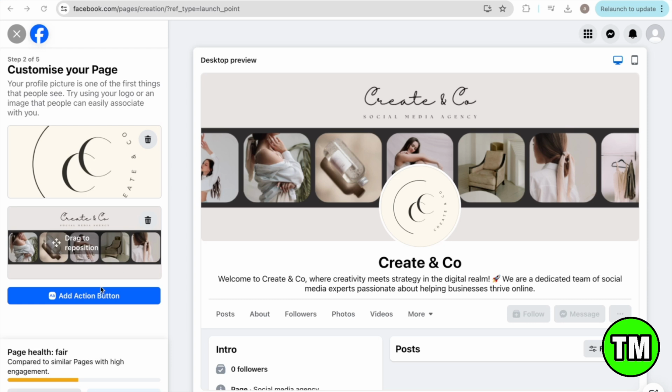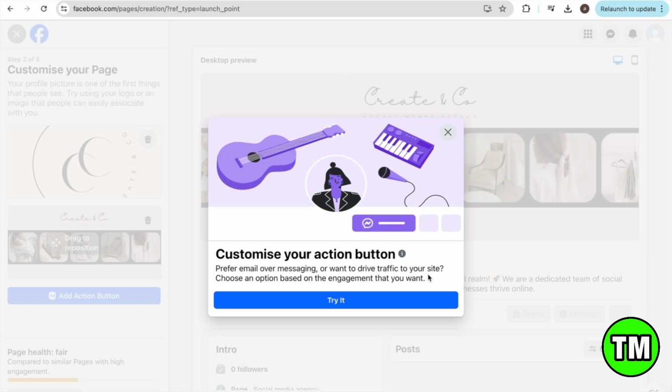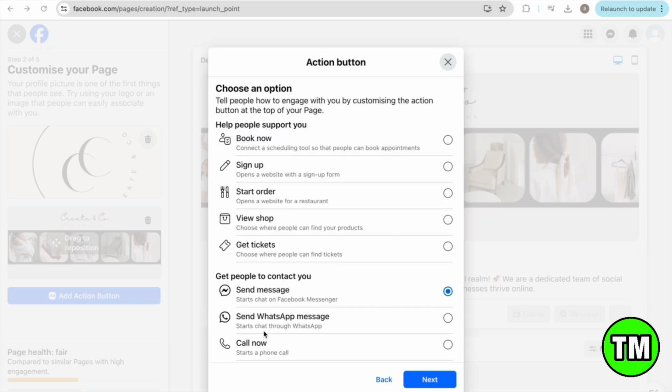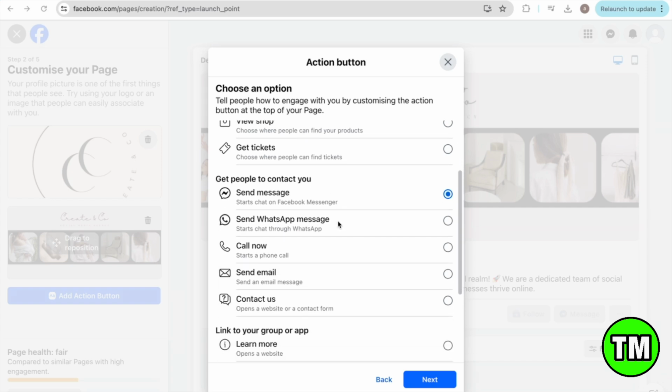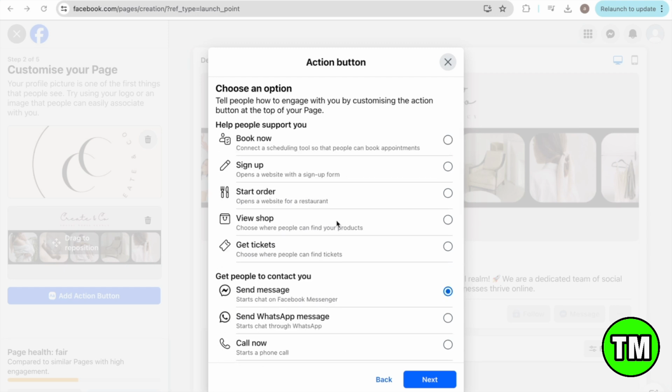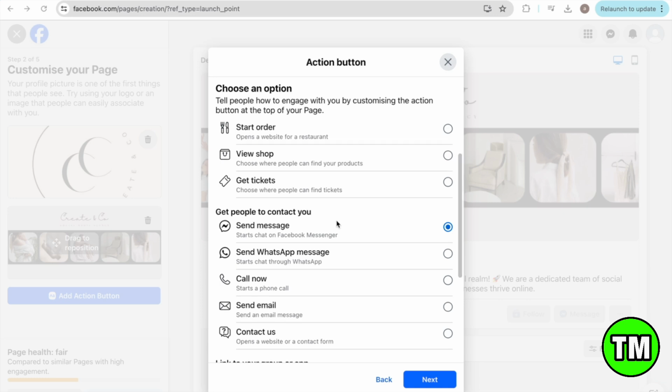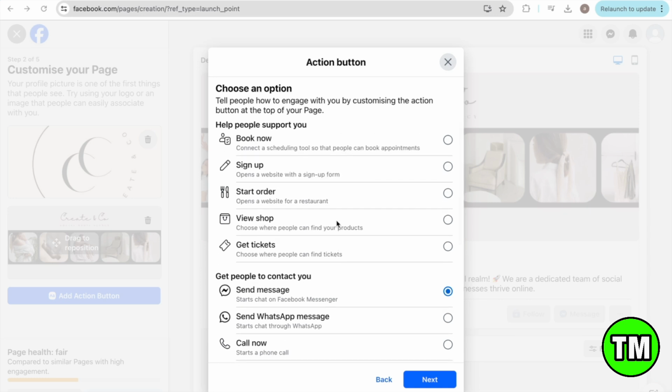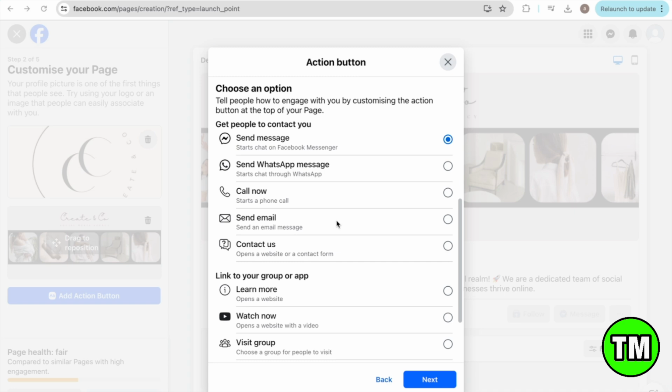Now let's add a call to action button. To do that, you're just gonna click on add action button, try it, and this CTA will basically encourage visitors to take actions like contacting you, visiting your website, sending you a message, or booking a service with you. So choose the option that best fits your business's goals. What I'm gonna do is select send email instead of message,